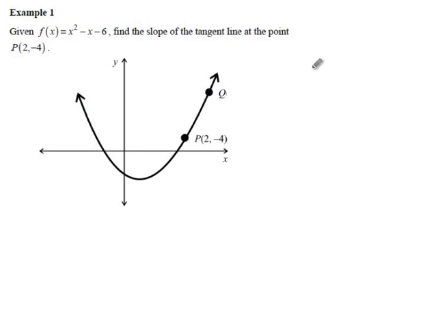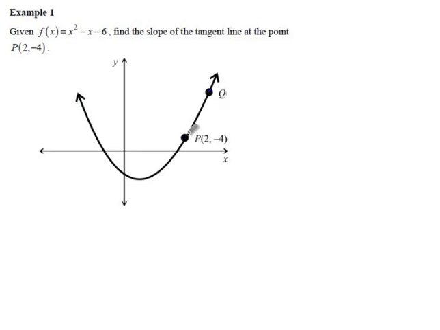Slopes of tangent lines. Now it's getting calculus-y in here. Okay, so we have a point, 2 comma negative 4, which mysteriously they drew above the x-axis. That bugs me a bit, but I don't think it's going to hurt us too much in this problem. The idea is we have the point P, and then we have another point Q, which is only a little